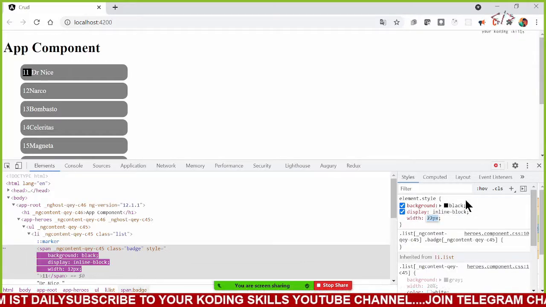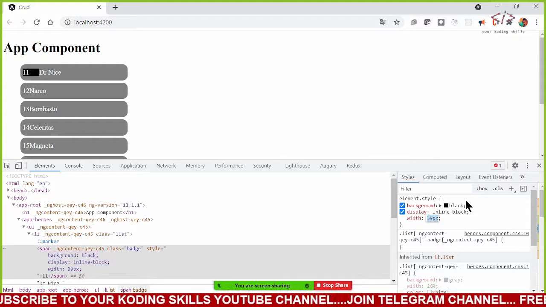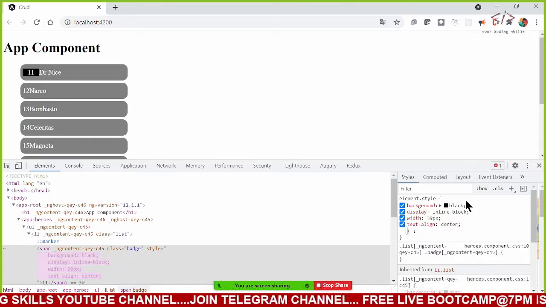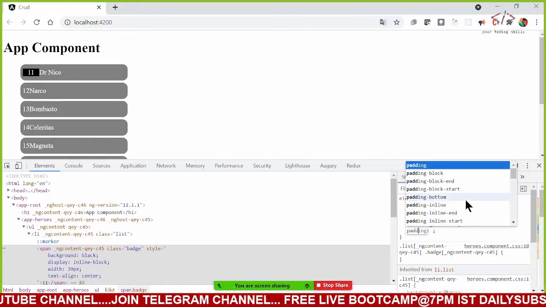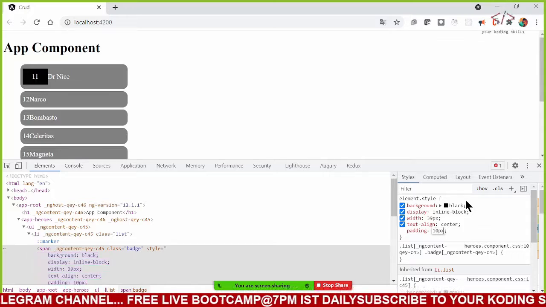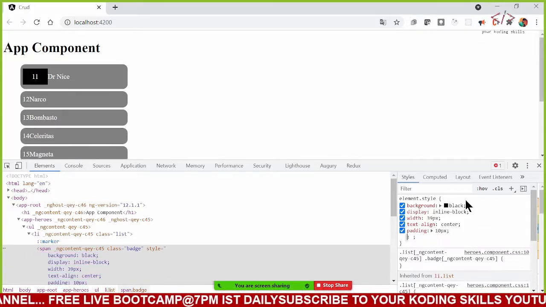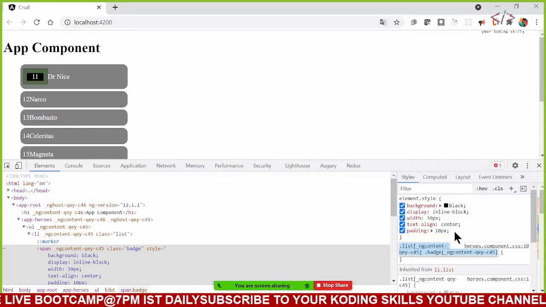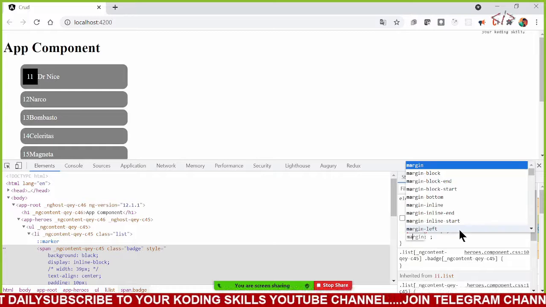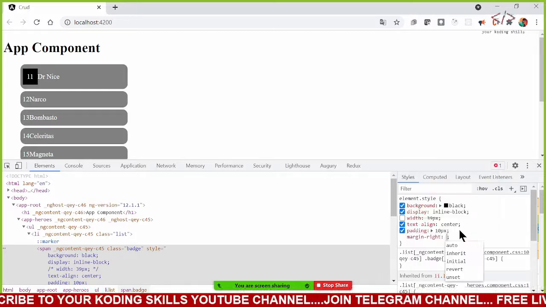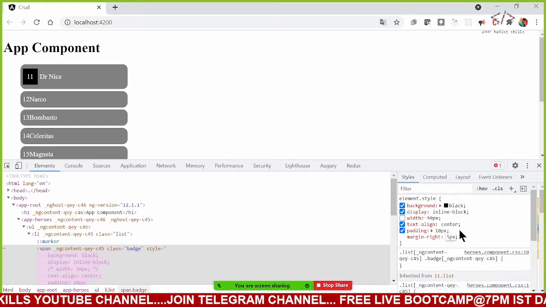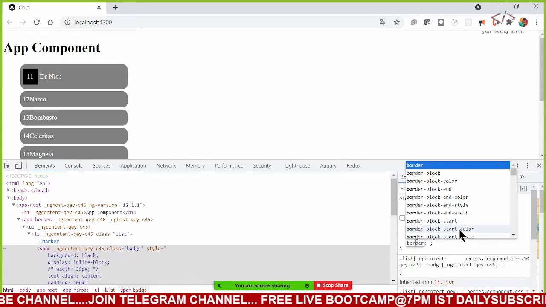See, it is working. Okay, and let's put this into the middle. Text align is equal to center, and let this have some padding of 10 pixels. And in that case, I don't need this. Let me give margin right somewhere around 5 pixels. I'll give some border radius for this also.